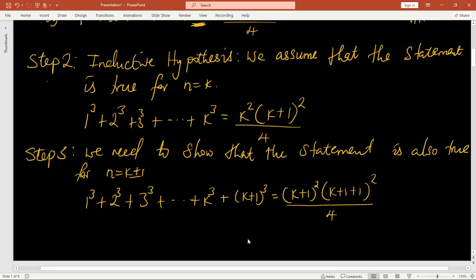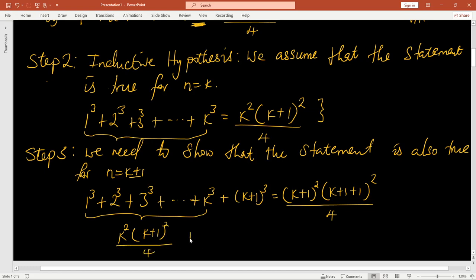Alright, so you notice that starting from the first term that we have there, all the way up to the k term here, this gives us the left hand side of the inductive hypothesis. So where there are these terms, we can just substitute with the right hand side of the inductive hypothesis. So here we're going to have k squared, open brackets, (k plus 1) squared divided by 4, plus (k plus 1) to the power 3